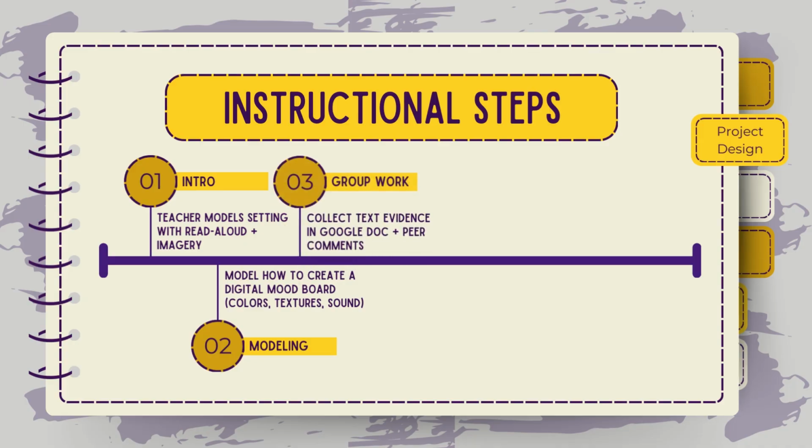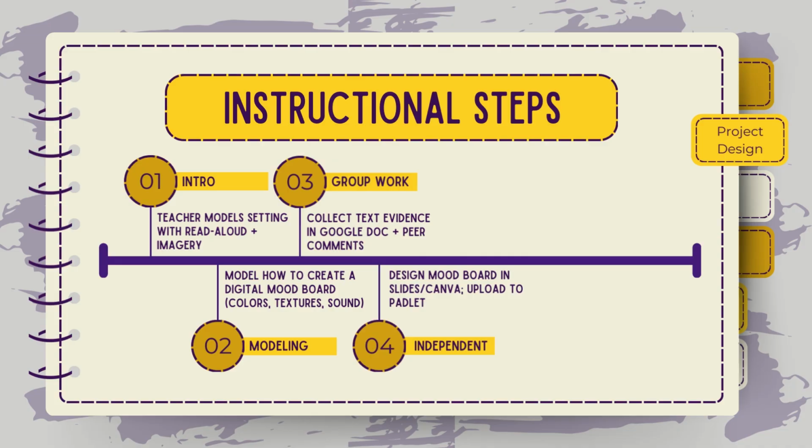Next is group work. Students work in groups in a shared Google Doc to collect descriptive evidence from the text. Next is the independent activity. Students create a mood board in Canva or Slides to convey the setting and mood drawn from the text evidence gathered in their group. Students will then write a reflection citing the text evidence to back up their choices made within their mood board. Finally, they upload their mood boards to Padlet, along with their reflection to create a gallery